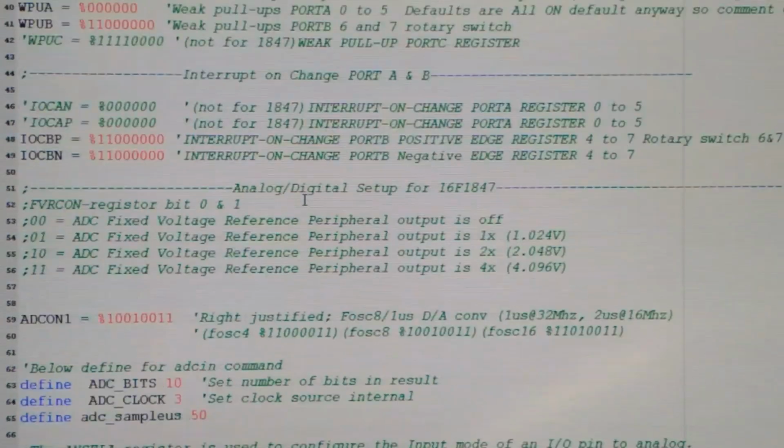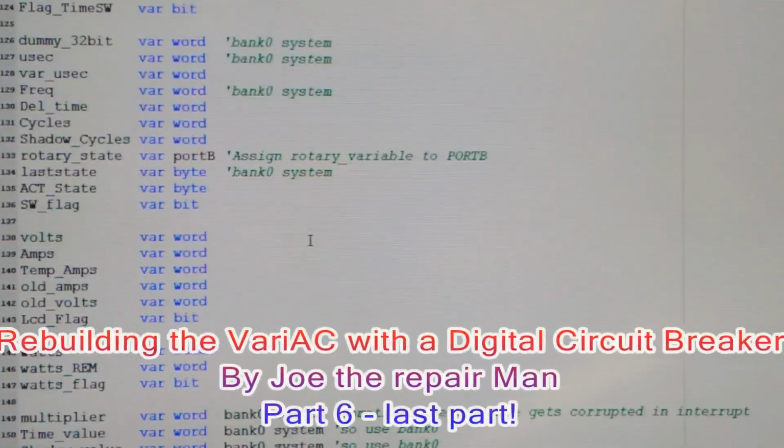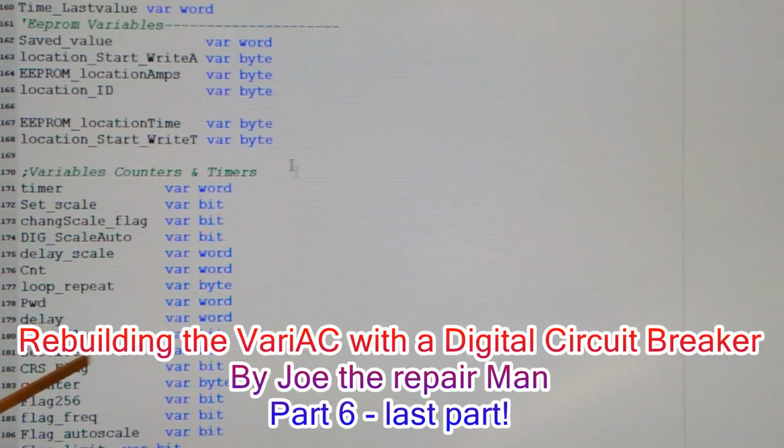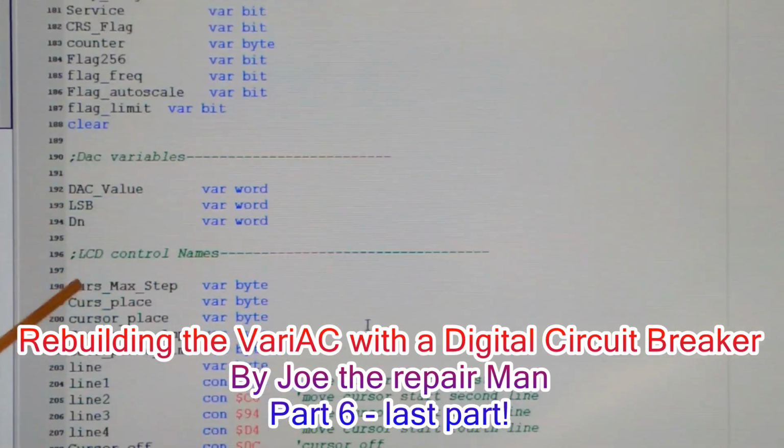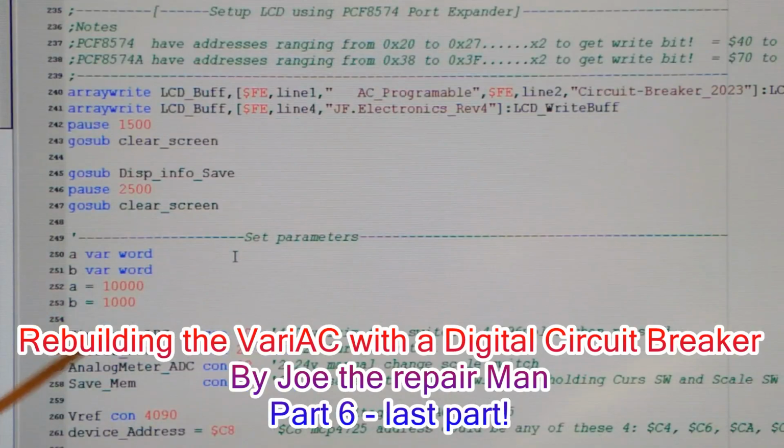Okay, and so I've set up all my variables. Okay, and we go to main, and